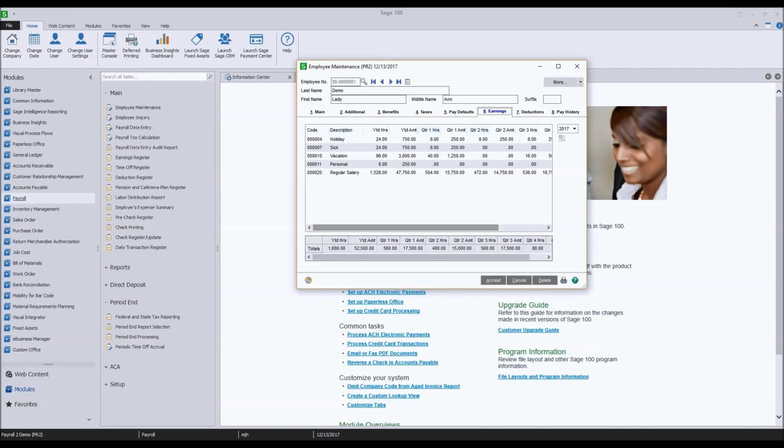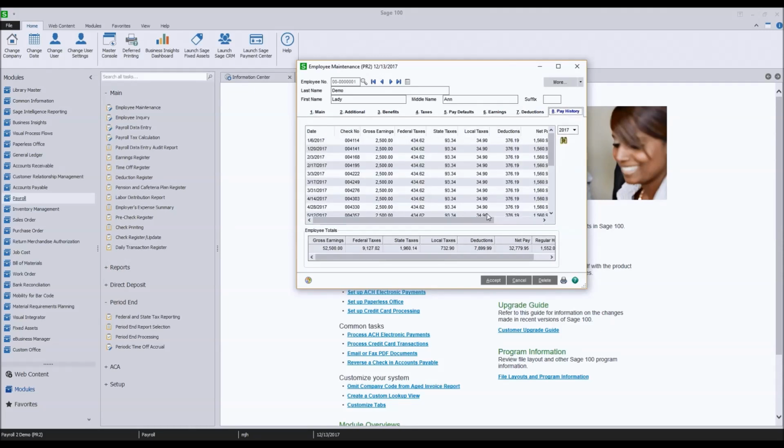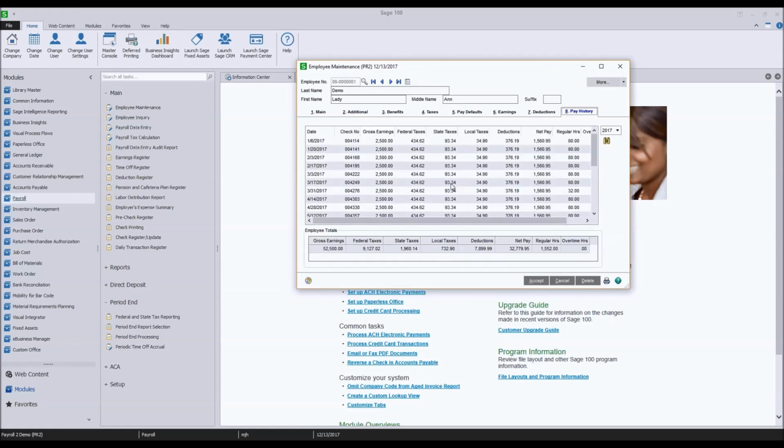We can get our summary here of the different type of pay and how much has been paid. We can get that annual quarterly summary. We can also see a snapshot of the deductions. It's a lot cleaner, makes a little bit more sense to read through. And then we get our check history or our pay history, similar to what we've had in the past.